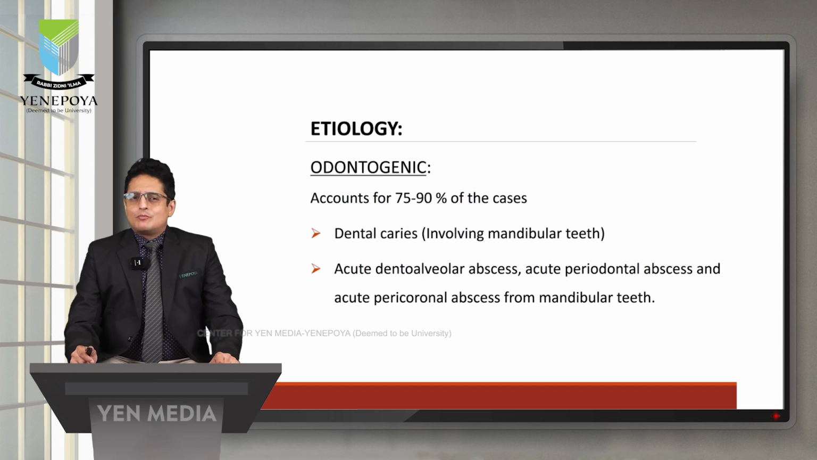The etiology most commonly is odontogenic. In 75 to 90% of the cases, it's odontogenic. The causing tooth will usually be the mandibular teeth. So dental caries involving the mandibular teeth has been attributed as one of the most common causes here. Acute dentoalveolar abscess, acute periodontal abscess and acute pericoronal abscess from the mandibular teeth are the